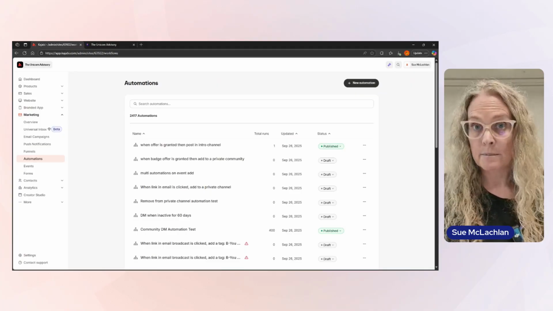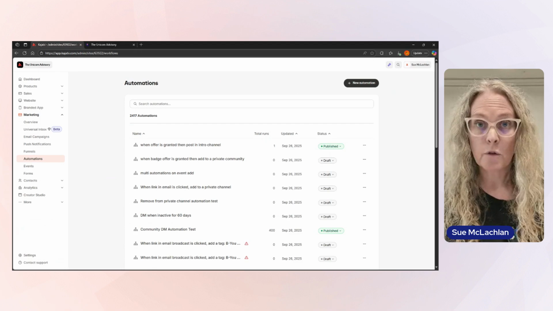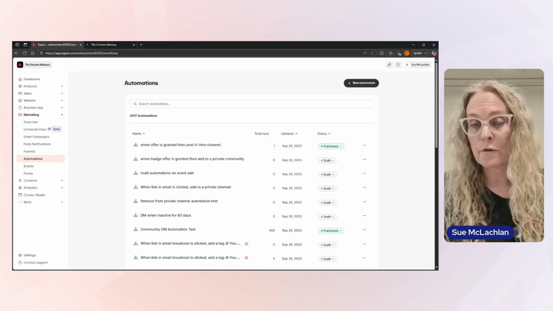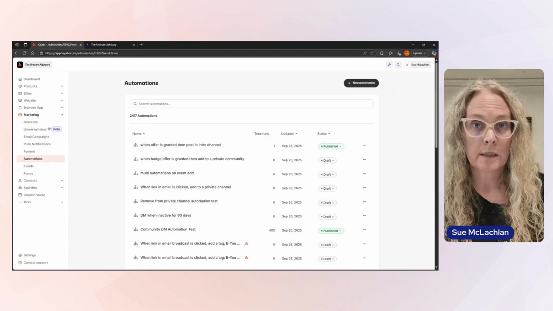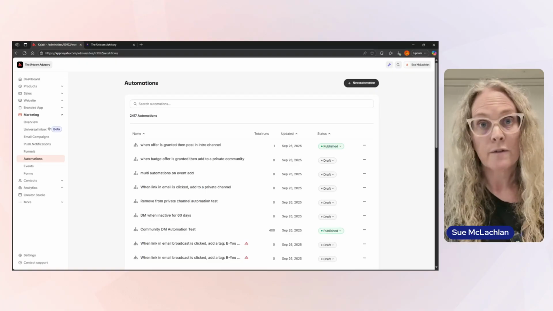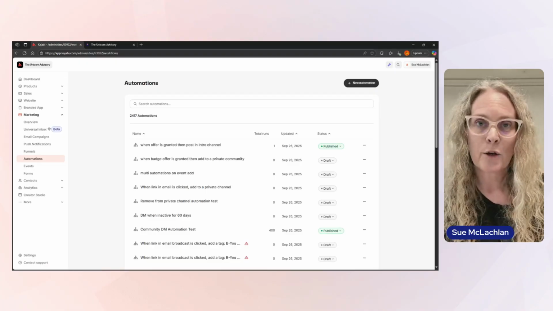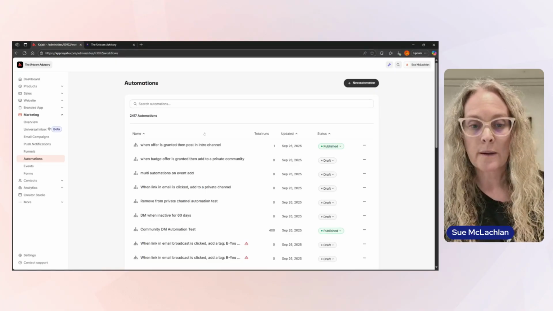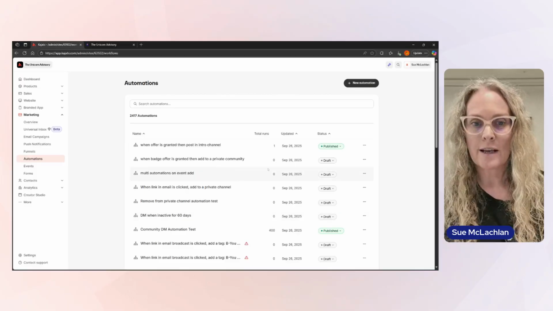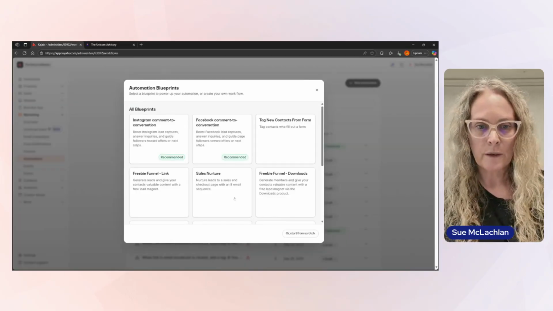You may need to update your automations builder if you have not yet done that. I did a full walkthrough of the automations builder in a previous video, so refer back to that if you want to get the lowdown on how to use that new builder. But if you don't see something that looks like this, or you don't go into a new automation and you